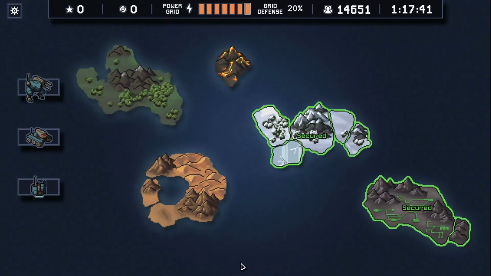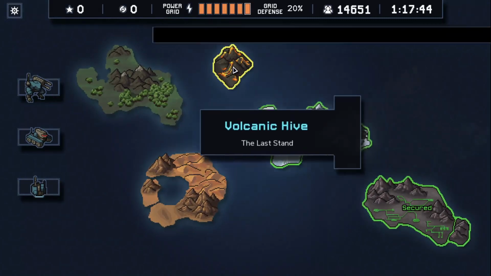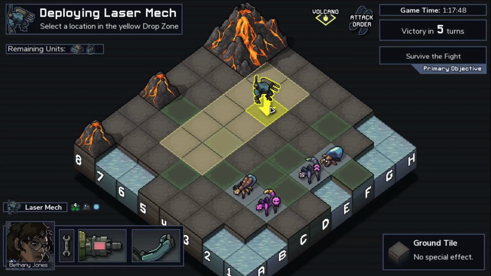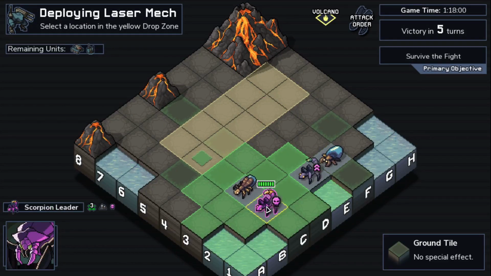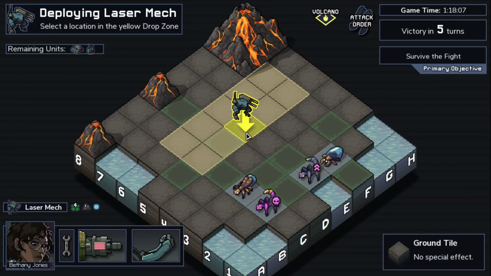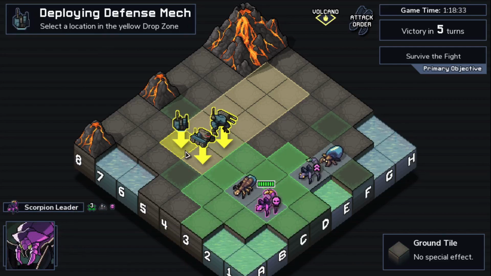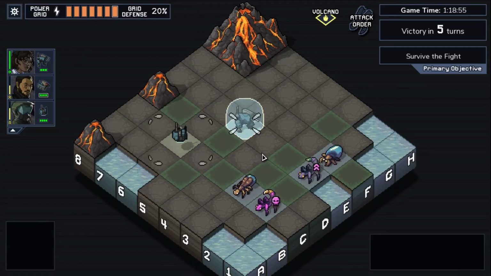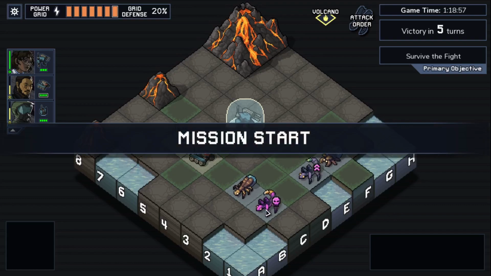Aside from that, final mission, we still need to destroy the hive. This has 7 health. The Scorpion Leader with a special attack. So yeah, 1 extra health, 1 extra damage wouldn't have mattered. I'm going to try to get the Scorpion to attack here. Also, I don't like the idea of being webbed. I think I'm going to...